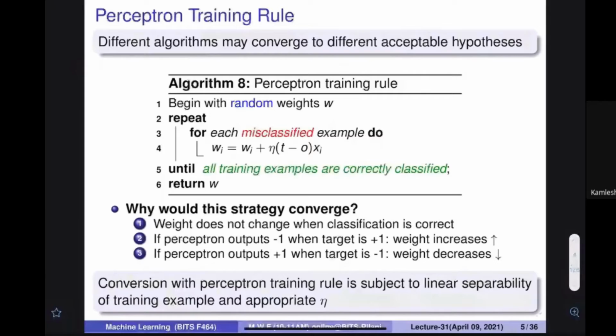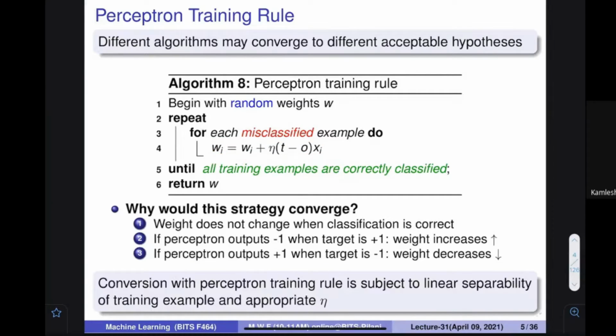We have seen a method called the perceptron training rule. It says that if you want to find the right parameters, you should start with random parameters, and then modify those parameters using this equation. What is this equation? It says: what is the target value, meaning the value you wanted for that particular training example, and what is the output of your model. The output of your model is based on the equation only. You use these two values and multiply with eta, which controls how quickly you are going to converge, and then there is x, which tells with respect to which attribute you are going to update the value of w. This was the equation that we saw in the last class.